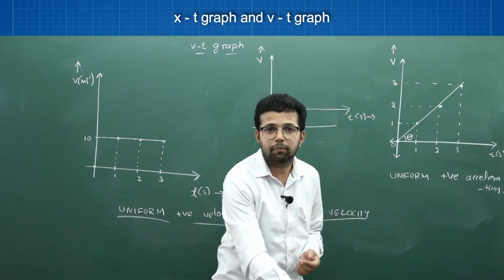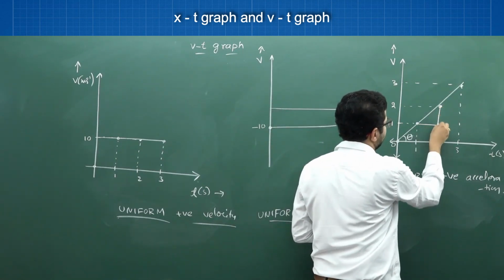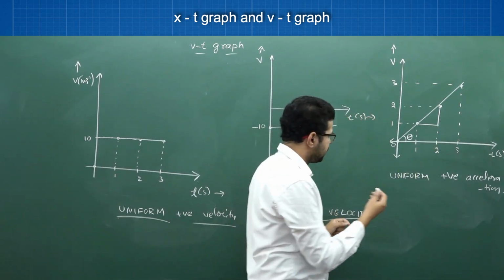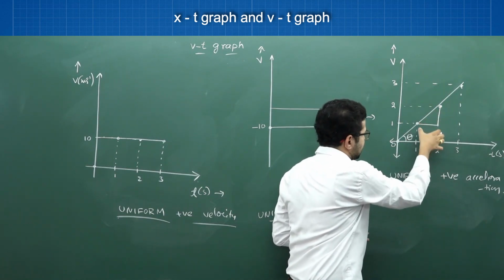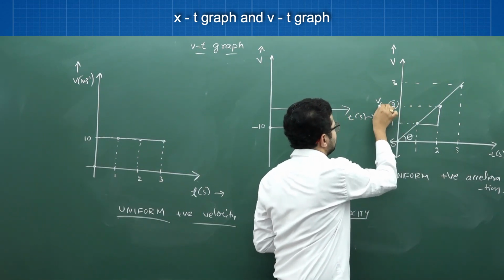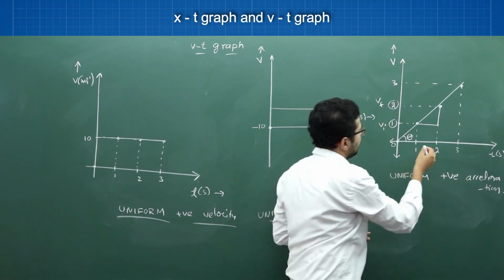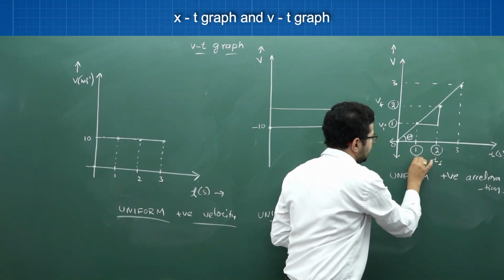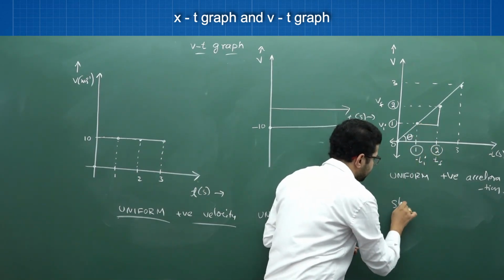Now, here one more important point we need to learn. If I somehow calculate slope here, what does slope give here? So, this is delta V, this is delta t, or I can call this final velocity, I can call this initial velocity, I can call this final time, I can call this initial time. So, what is slope here? Slope equal to